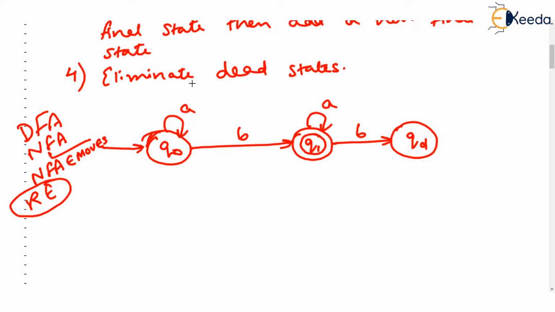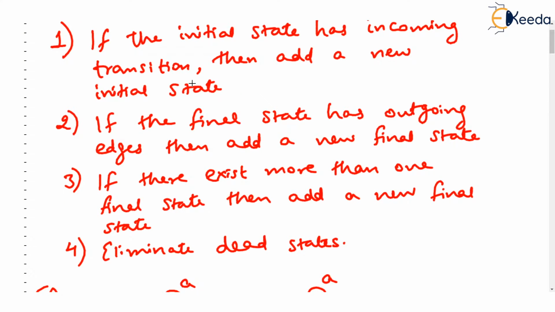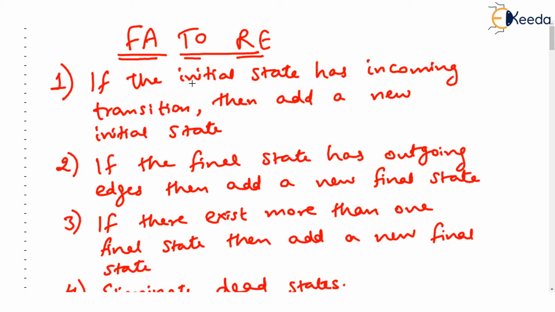As we all know from past videos, when we learned regular expression, we have understood that regular expression is in fact the same as DFA. Rather, one can be represented in the form of the other. So if an FA is given, what's the technique to find out the regular expression? Well, there is one very good method called the state elimination method. That is the method we will be using.